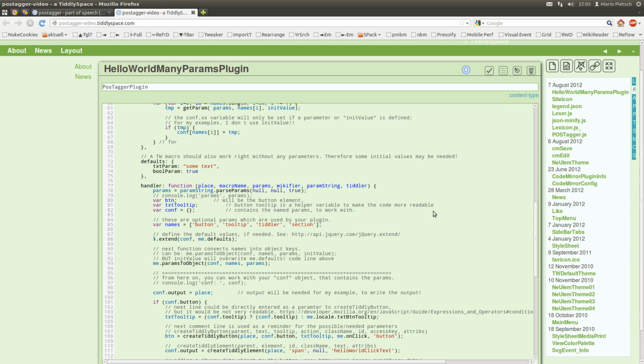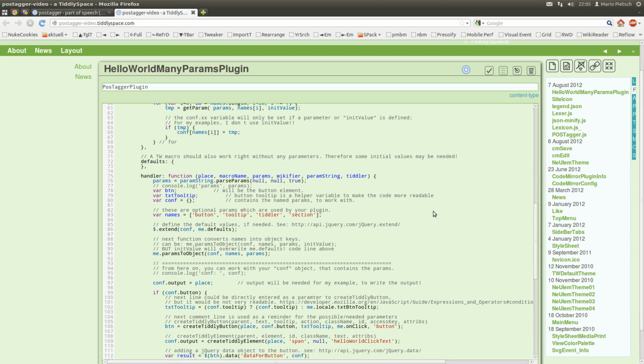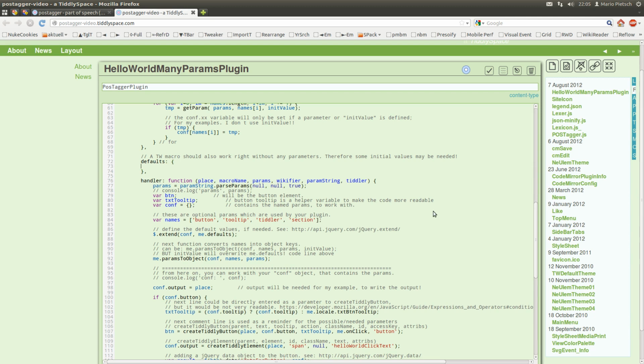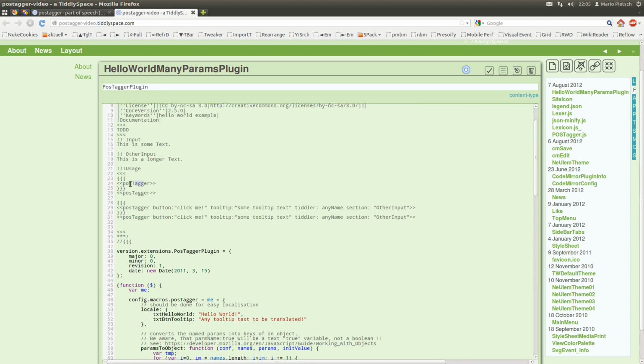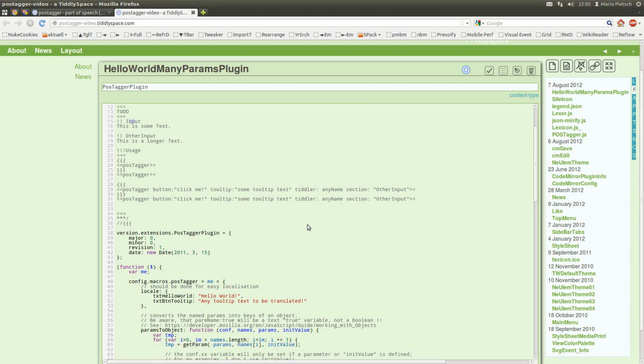The defaults need to be changed too, because we only have the section parameter which needs to be defined, because if there is a function call like this, the input needs to work, so input should be the default.